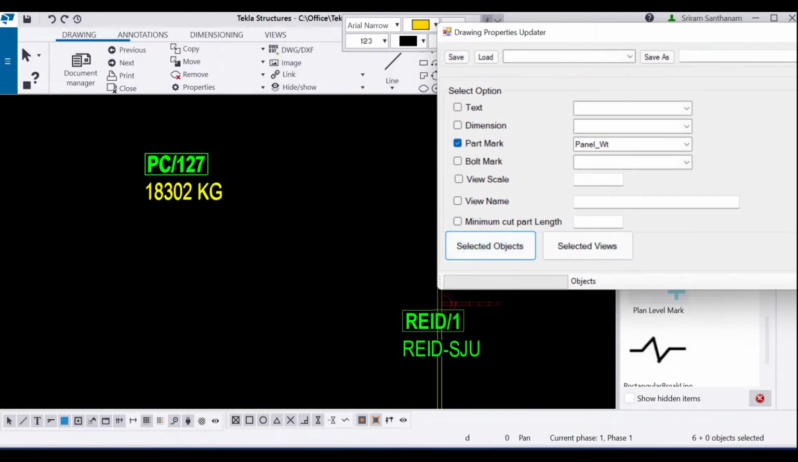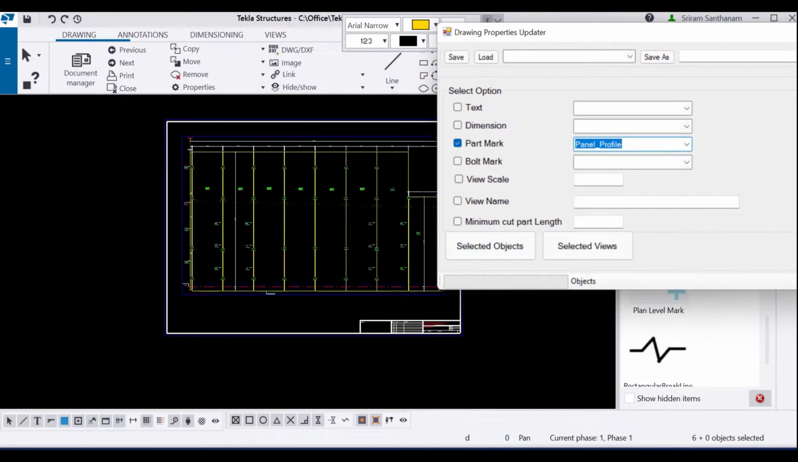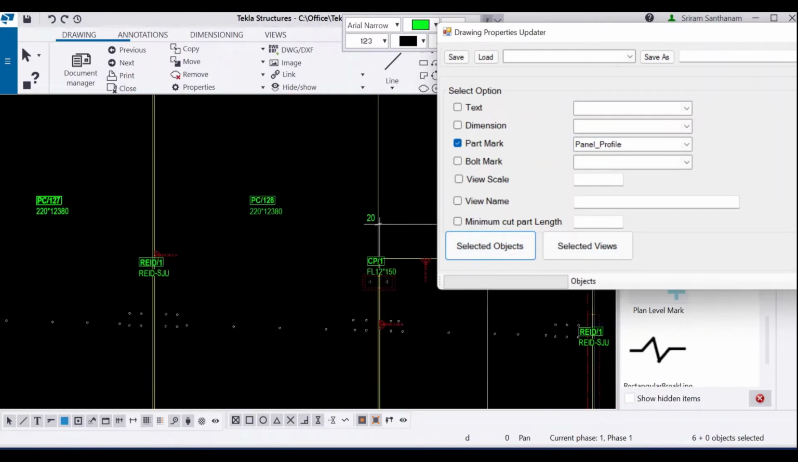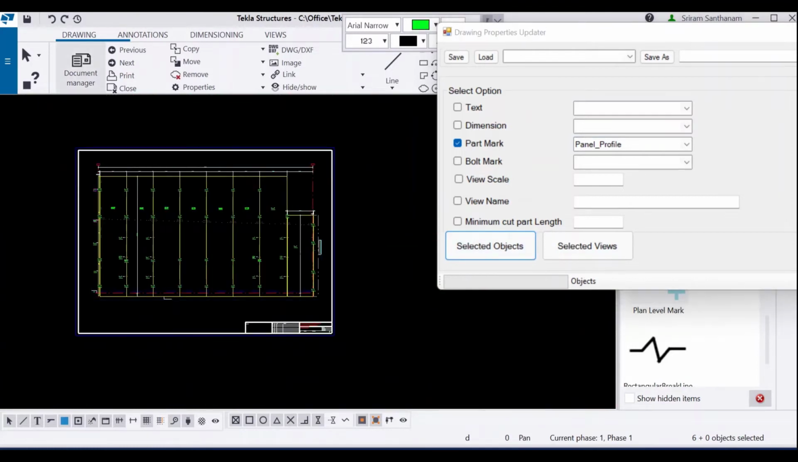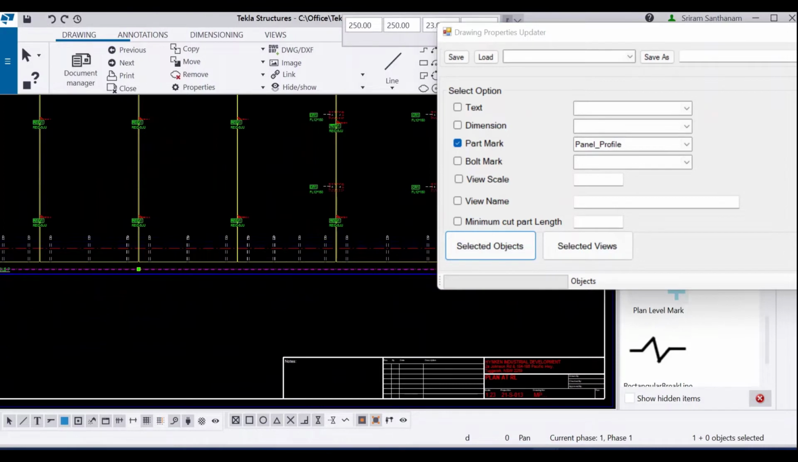So now here you can see it shows the panel weight. And suppose if I need panel profile, and then select objects. So here you can see it shows the panel profile. Let me just take a precast drawing. Oh, before I go, you can also add a view name here. I'm selecting this. I'm just giving a name as